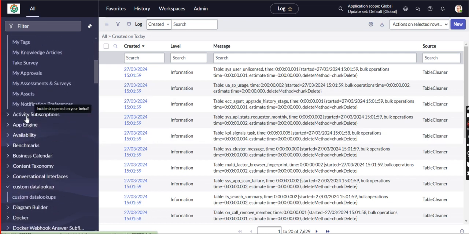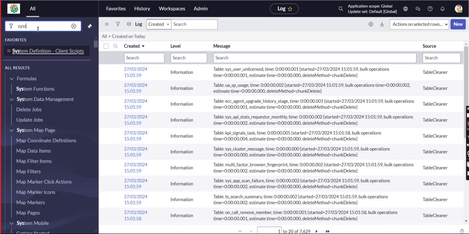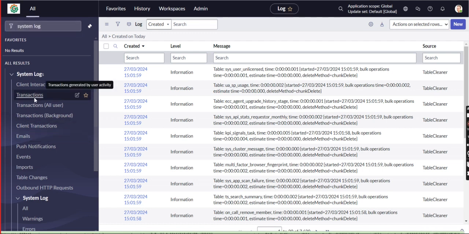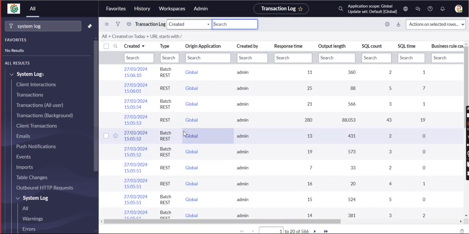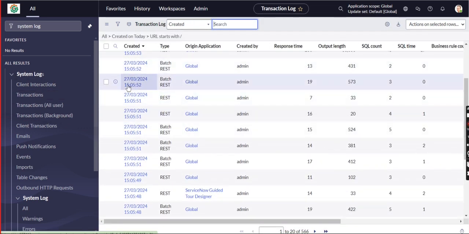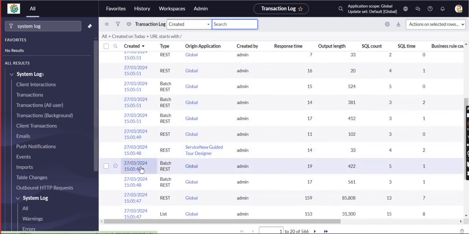And transactions, just have a look, system, yes, 15:05 there are some transactions.